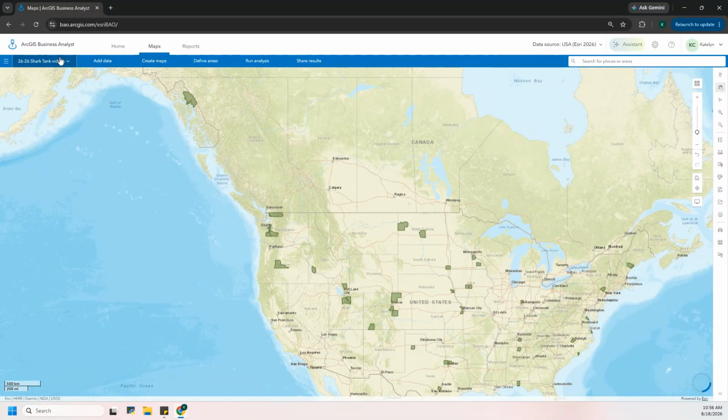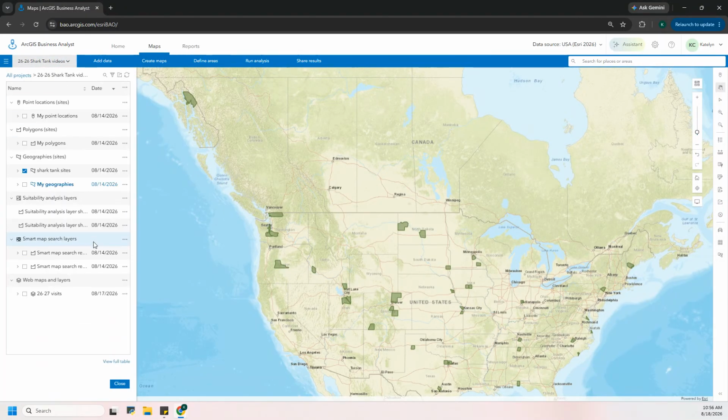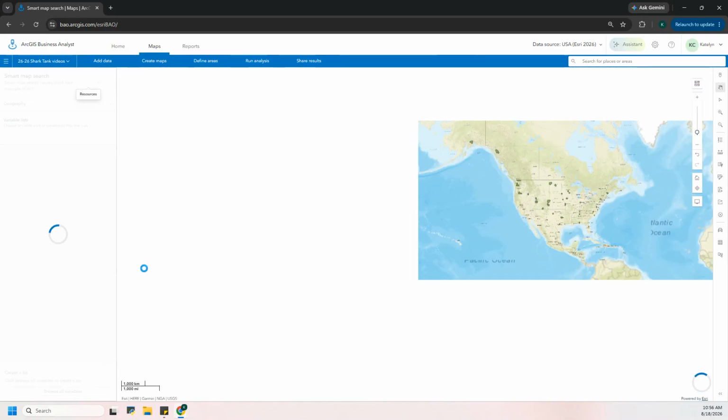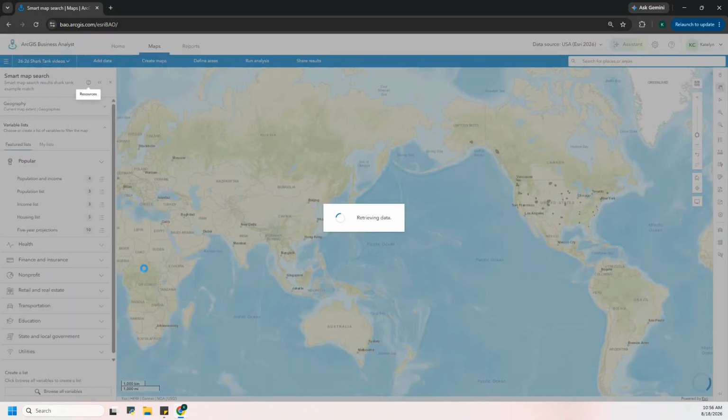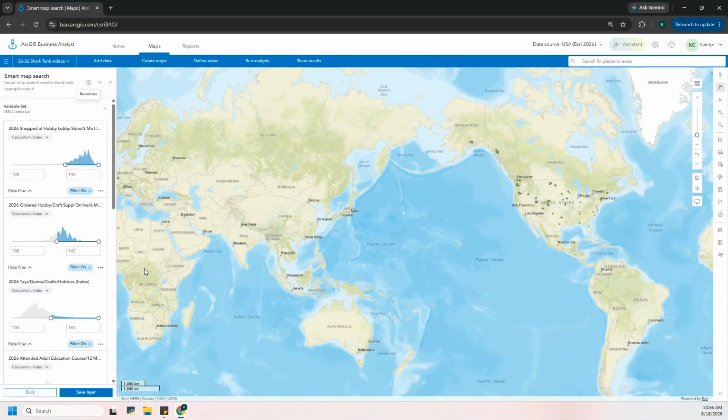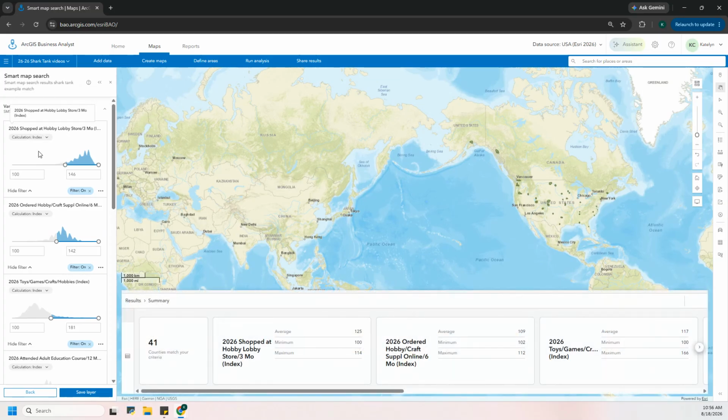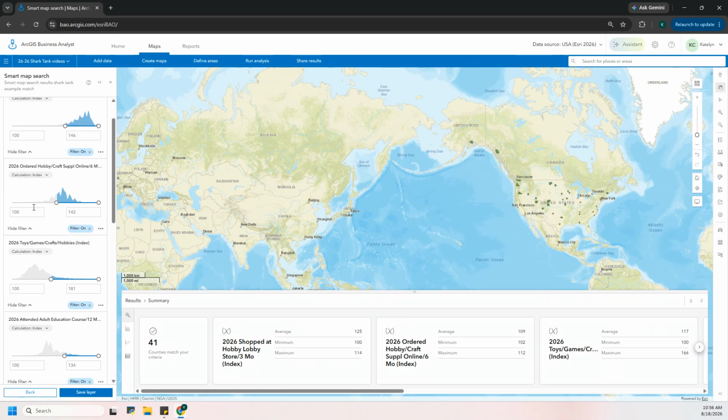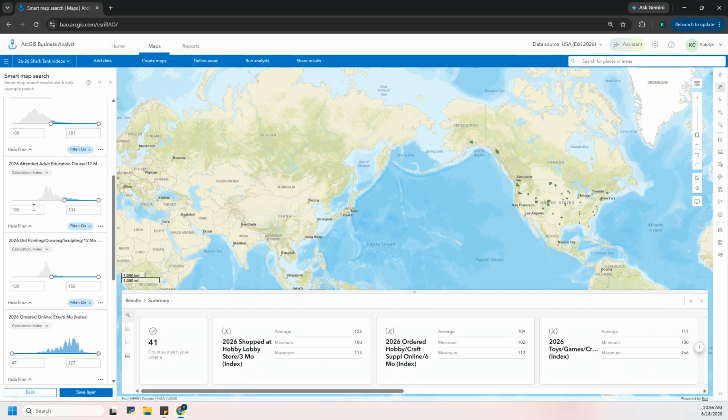Right, so back to our layers. Let's open up our smart map search. There we go. And we want to edit layer. Easiest way to get our list. Okay, so we had shopped at Hobby Lobby, ordered online craft supplies, spent on toys, games, crafts, and hobbies, attended